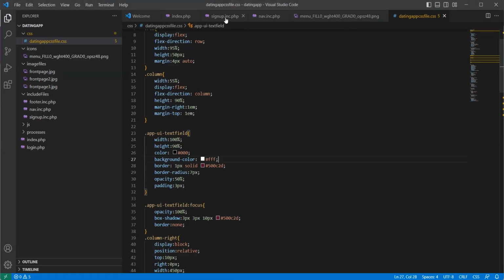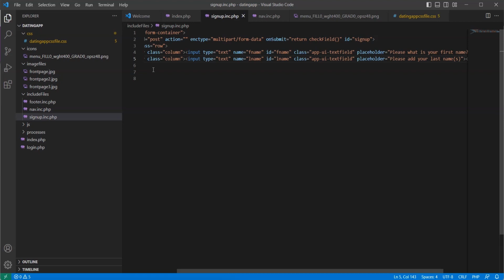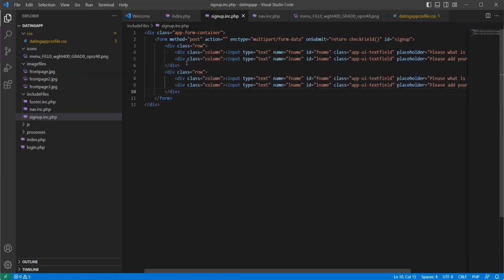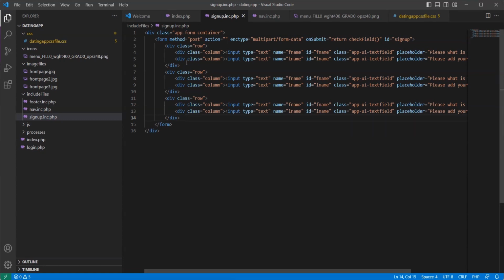Just go to the sign up field and copy this section. We'll be making modifications very soon. Then let's put them here because you'll be adding a few things. Don't worry, you'll be making changes to the name, the ID section,